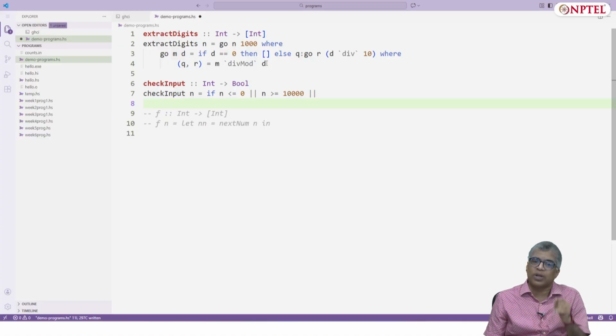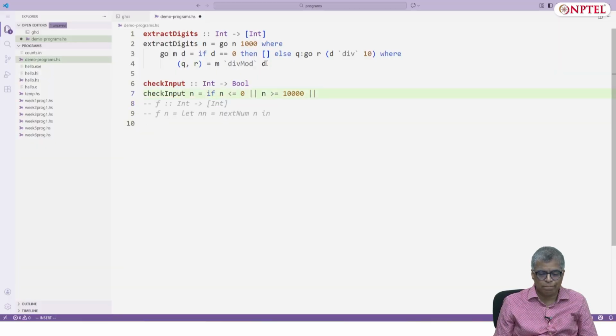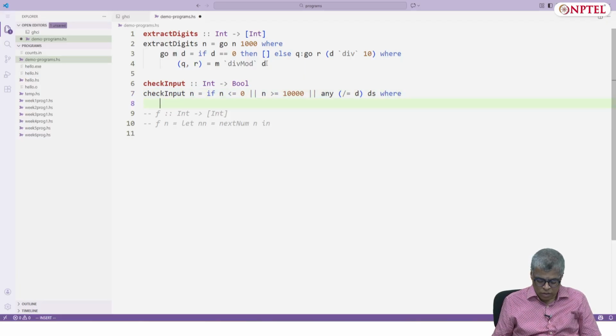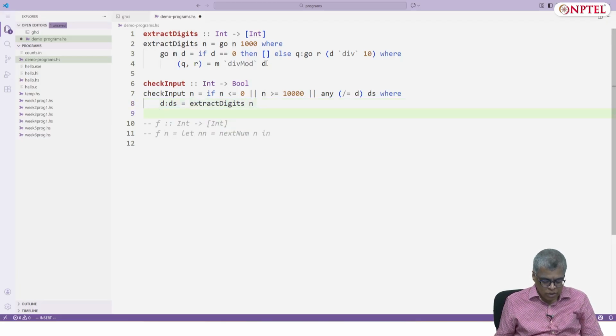You don't want that to happen, and for that we use the following: or any not equal to d of ds. So what is any? I'll explain it in a minute.